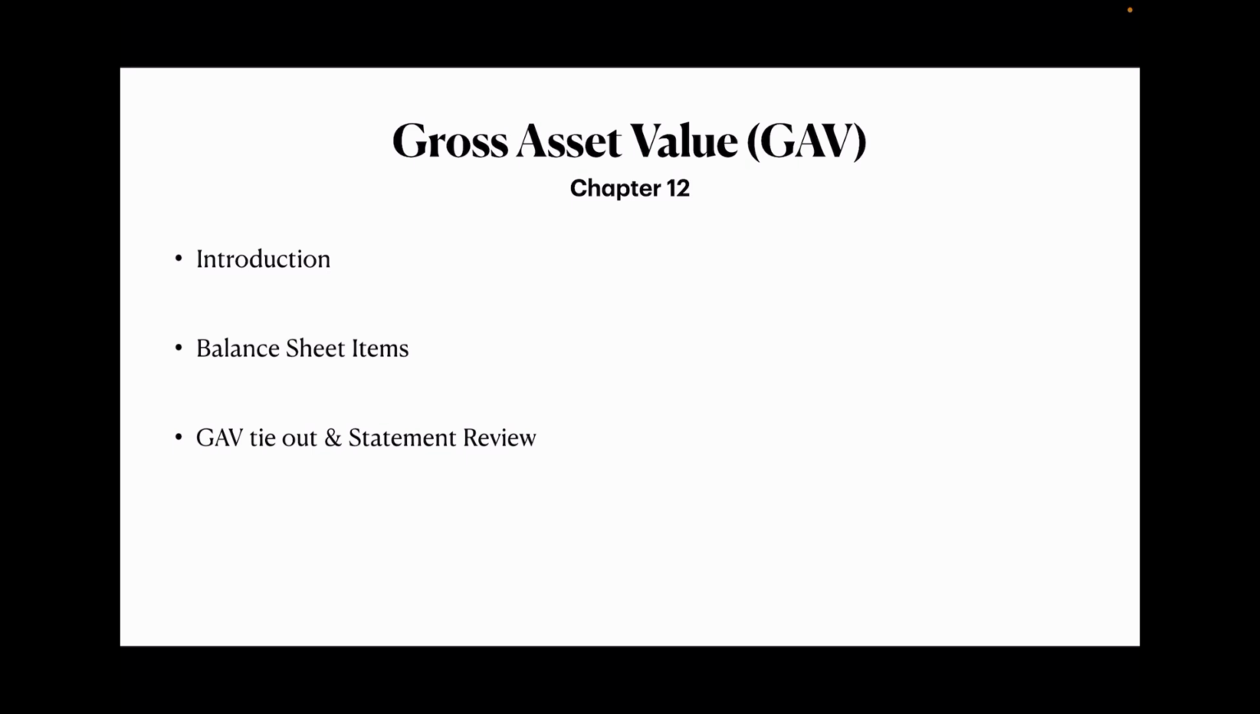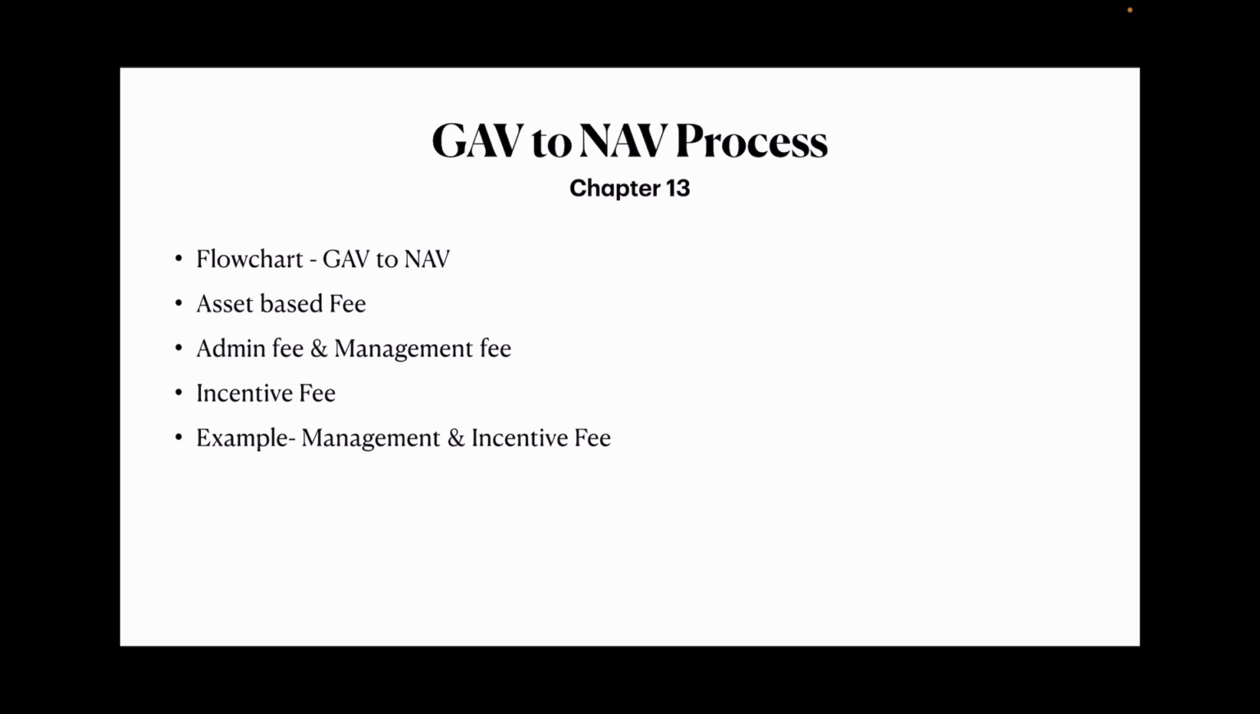In this chapter, we consolidate everything we have learned to build the GAV or gross asset value. This chapter looks into balance sheet components, how to review a trial balance, and how GAV sets the stage for calculating NAV. Now that we have the GAV, we will apply the fund level expenses like management fee, admin fee,